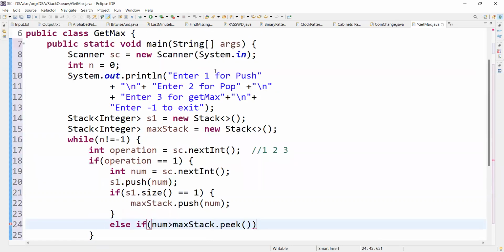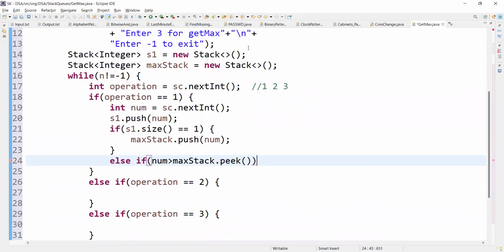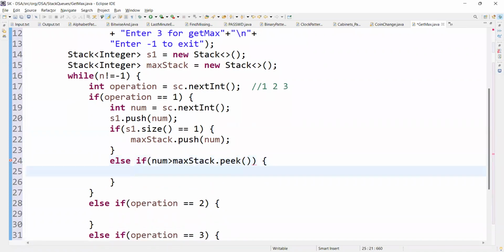Anyone having that question? Pop can also give you the top element, right? Because pop will remove the element also, right? So if the number is greater than the peek element, then in that case,